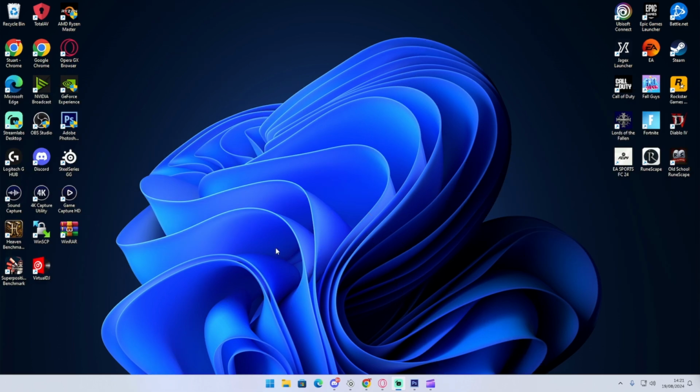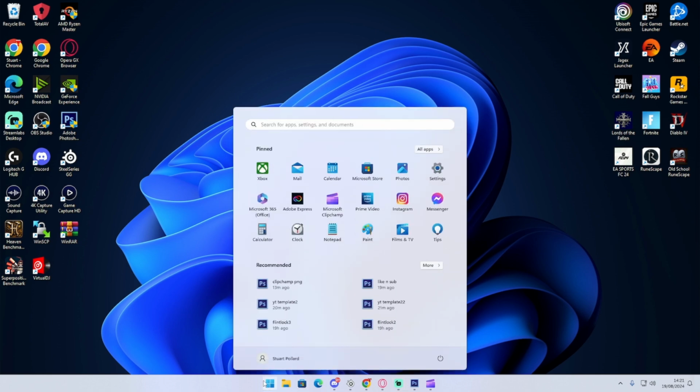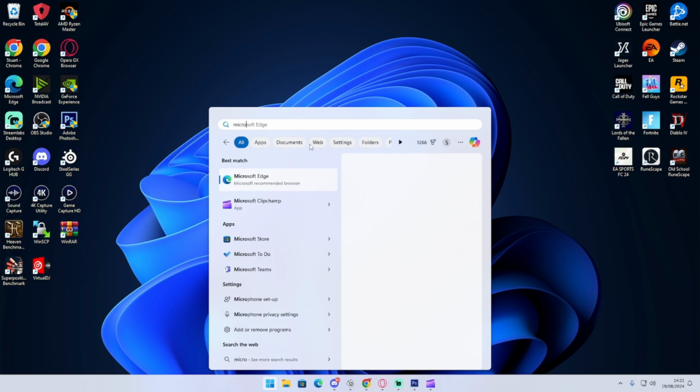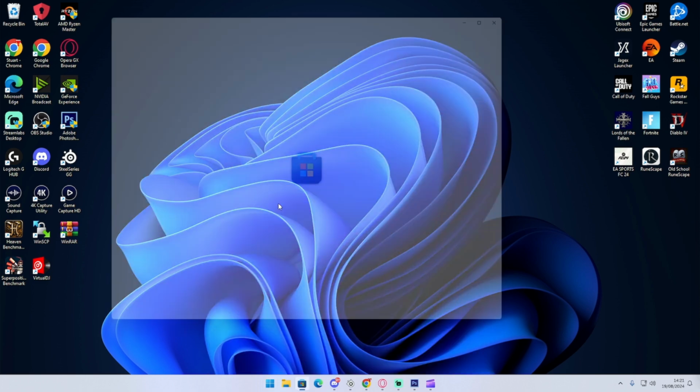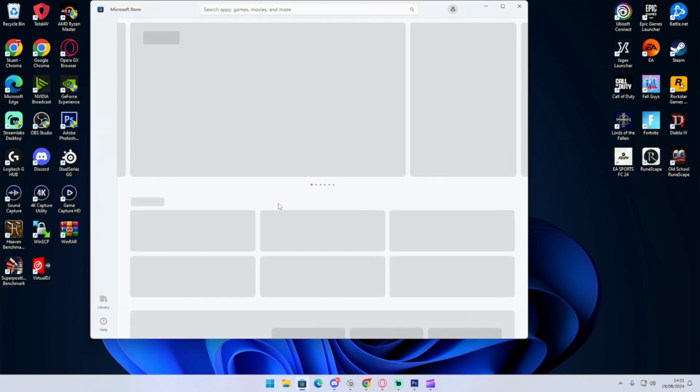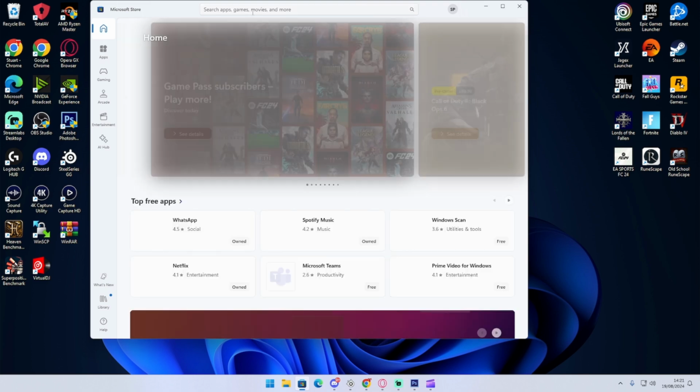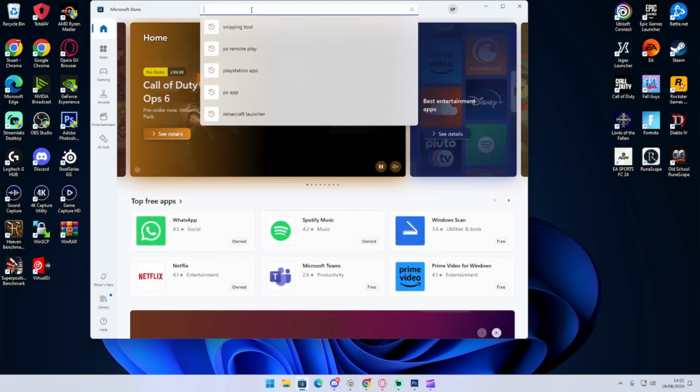Right guys, so let's get into this video and let's get ourselves a free video editor. The first thing you want to do, guys, is either on the bottom, access Microsoft Store, or head to the Start menu and type Microsoft Store. As you saw, my Microsoft Clipchamp comes up because we've already got it. Yours may not. If it does, bonus. If not, head into the Microsoft Store and type